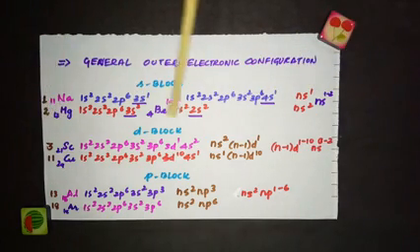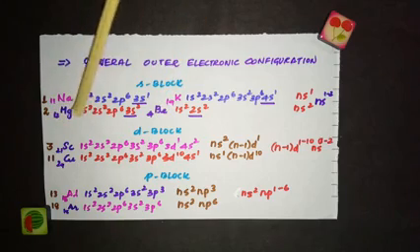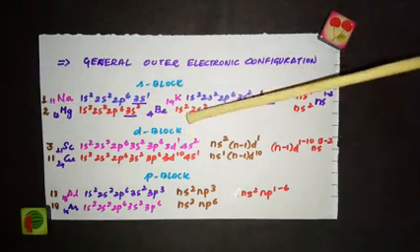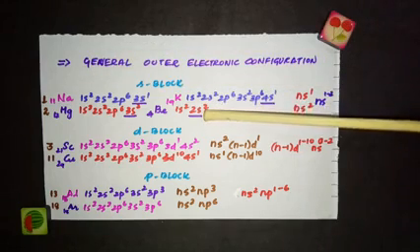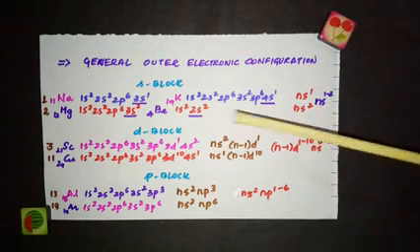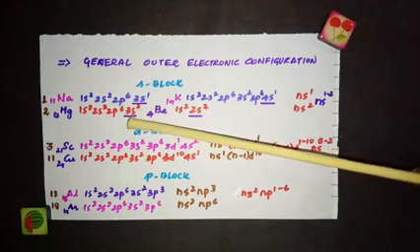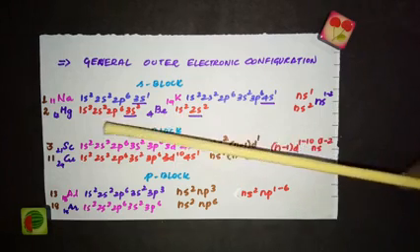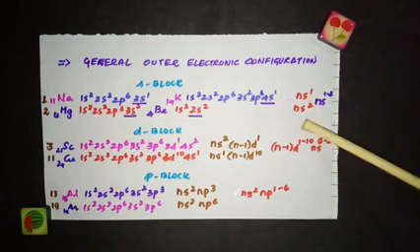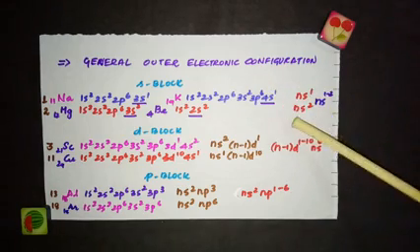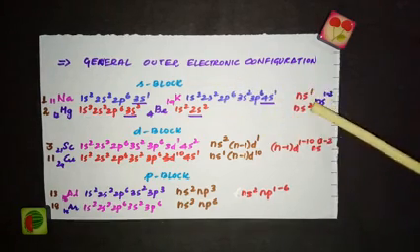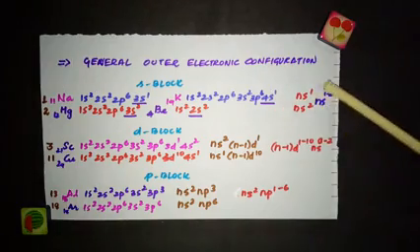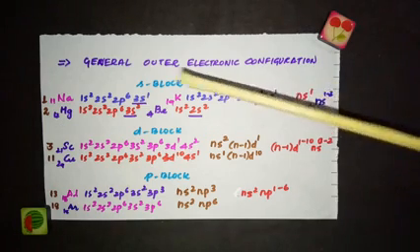Same way I have taken two elements from group 2, magnesium and beryllium. This is the configuration of magnesium. This is the configuration of beryllium. Look at the valence shell configuration. This is 3s2 and for beryllium it is 2s2. So I can write this general configuration as ns2. So n can be 2 or 3. If it is beryllium, n will be equal to 2. If it is magnesium, n will be equal to 3. So the general configuration I am writing as ns1 for group 1 and ns2 for group 2. So as a whole for s block, I can write ns1 to 2. So this is the general electronic configuration of s block elements.